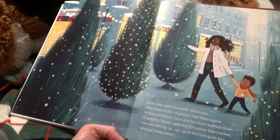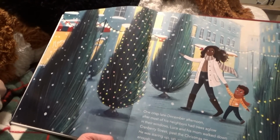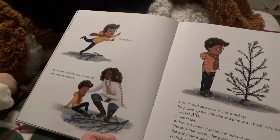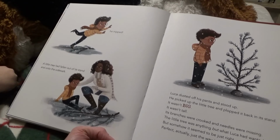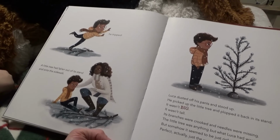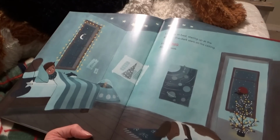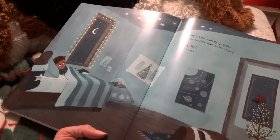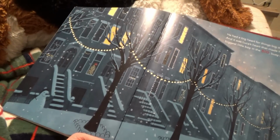One crisp late December afternoon, after most of his neighbors had trees aglow in their windows, Luca and his mom walked down Cranberry Street, past the Christmas tree market. He was staring up at the not quite big enough trees when he tripped. A little tree had fallen out of its stand and onto the sidewalk. Luca dusted off his pants and stood up. He picked up the little tree and plopped it back in its stand. It wasn't big. It wasn't tall. Its branches were crooked and needles were missing. The little tree was anything but what Luca had wanted, but somehow it seemed to be just right. Luca lay in bed staring up at the glow-in-the-dark stars on his ceiling. Jonah has some of those, doesn't he? Yeah. He felt big, and he was. He had a big heart for things big and small, and it was Luca's heart that made him the biggest little boy in the big, busy